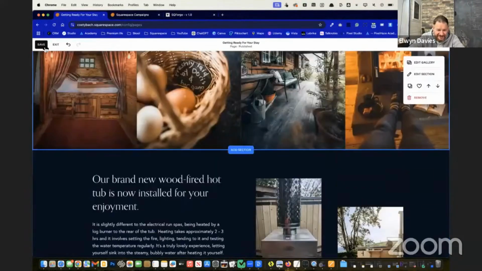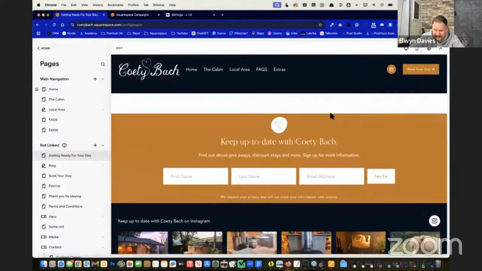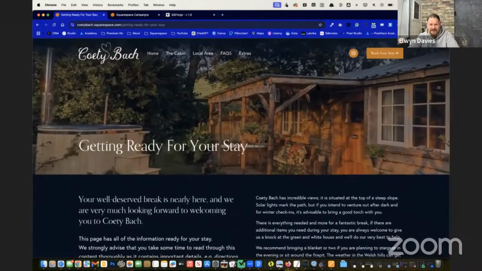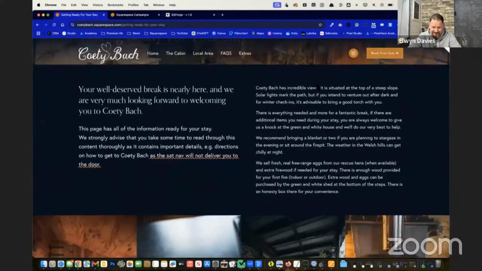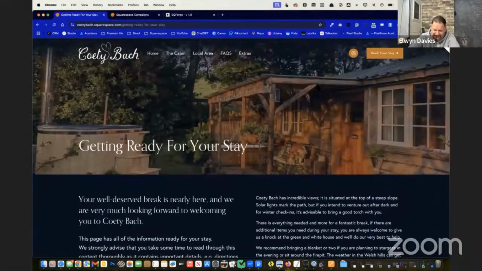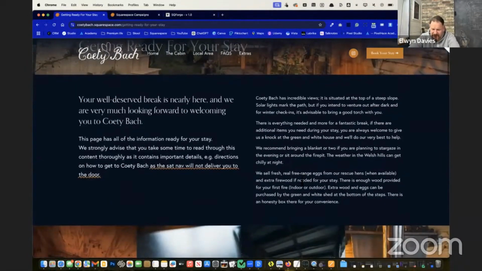I'm interested to see what you think. There's a little bit of tweaking to do, as I said, with this, and we need to fix it on mobile. I'll have a quick look in just a moment. But if we just preview this page, what we started with, I should have duplicated that page just so we can compare the two, but an empty page with just text only to now what I think is a really nice introductory landing page. Sometimes when people think of landing pages, they think of you're selling a product or service